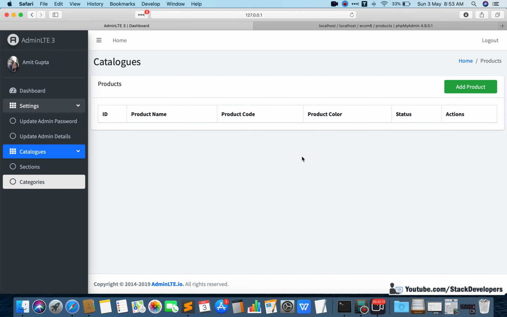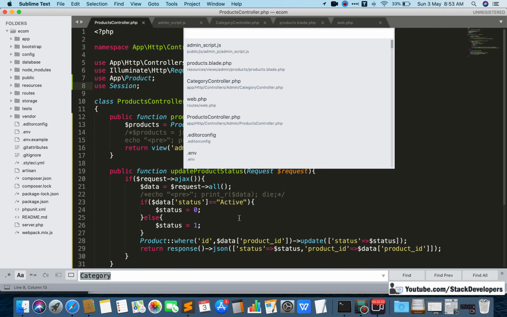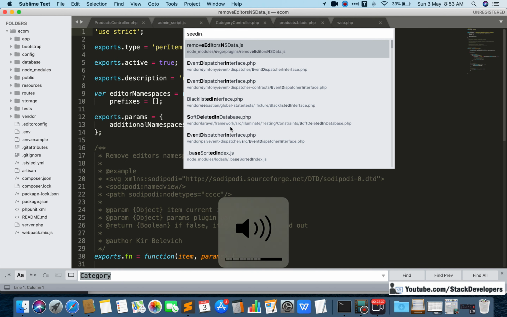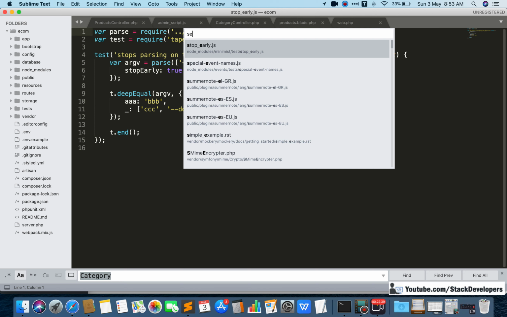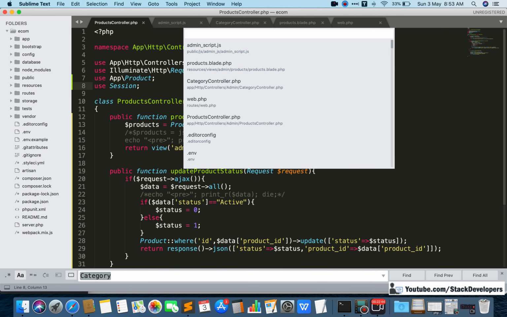So I will insert the data once again by running that seeding command. That is the benefit of seeding command that we have done in last video. We want some test data, and I don't want to insert rows one by one. I just want to run that db seed command, because we have the ready seeding file, that ready-made file, what we have created in last video. That file name is